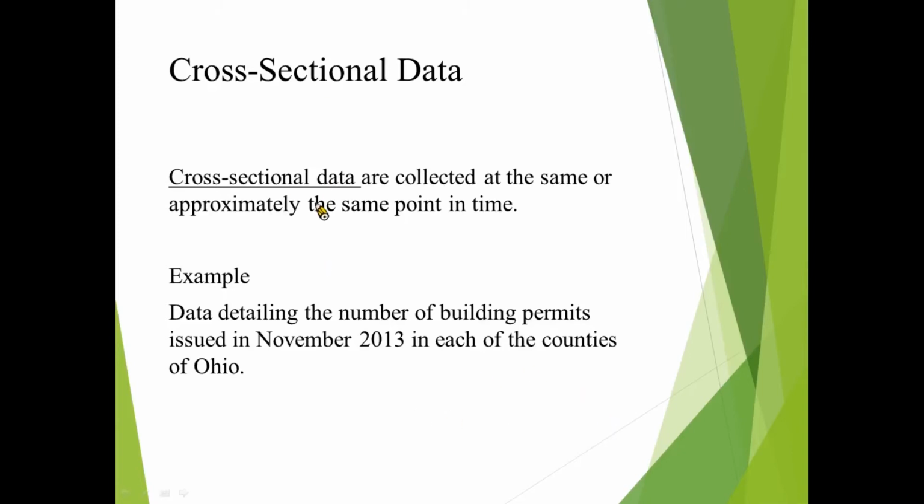So cross-sectional data are collected at the same time or approximately the same point in time, because collecting data is time consuming, and maybe you spend 1 year or a couple of months. You need to finish collecting the data very soon, so a lot of researchers use cross-sectional data. Okay,